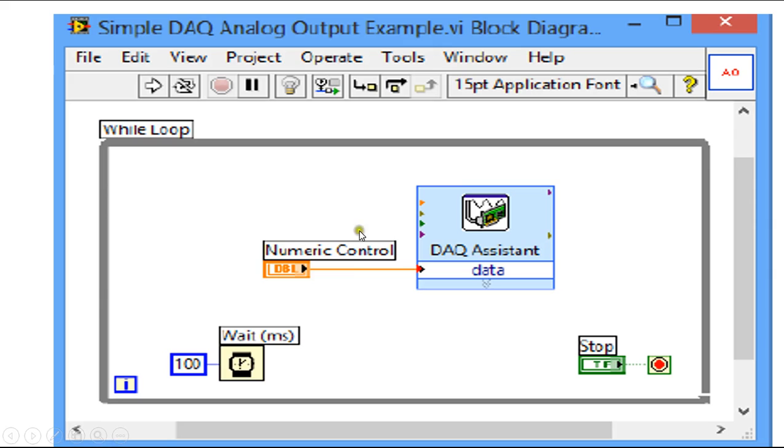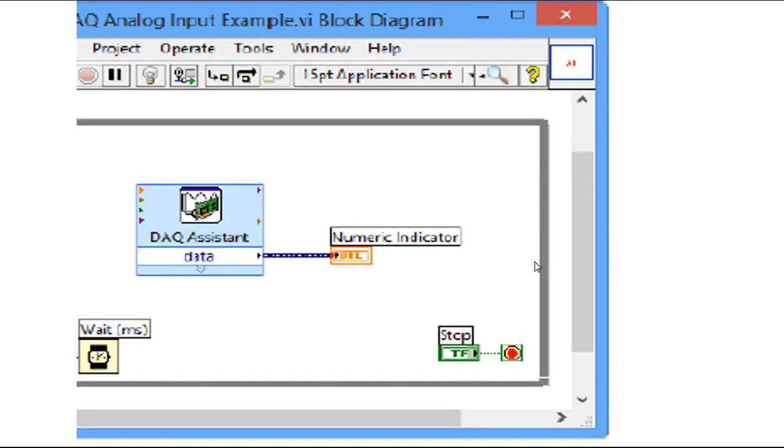Next is a small example. Here we are getting an analog output. We are giving a numeric controller. Here we'll give some values and we'll get an analog output. Next, this is another small example where we give an analog input and we'll get digital numerical values, numerical indicators and numerical values. There are many examples where we'll acquire analog signals and we'll give analog output or else